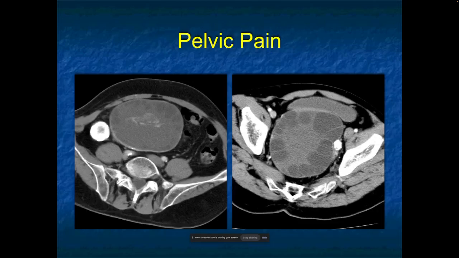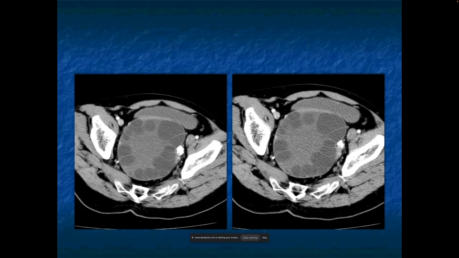Pelvic pain, complex cystic lesions. Now, easiest thing to tell you it's a female, but I'll tell you it's a male. And if you look at the image on the right, that's a very classic cystic lesion, right? There's cystic lesions in the cystic lesion, and there's calcification. You look at this, you put it anywhere in the chest, abdomen, pelvis, it's going to be